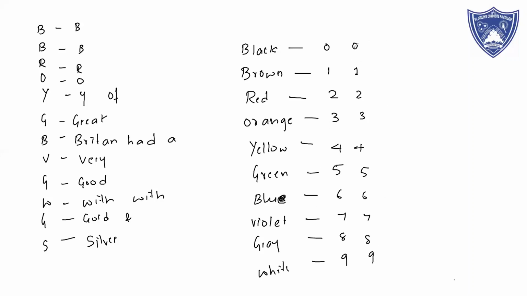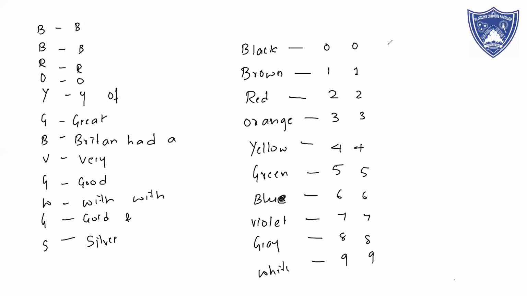Okay, if there are 6 bands, you need not write all the bands. One is enough. The value will be the same. So don't write this just because of your understanding, I'm telling you. For example, if you get a band of black and yellow, the first band will be 0, of course, because black is in the first band. The second band will be yellow, and the value will be 4 in the second band also. See, the first row and the second row are the same. So no need to write 2 columns. One is enough. And the multiplier.